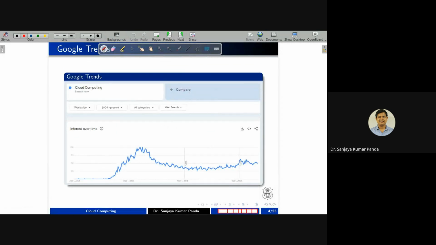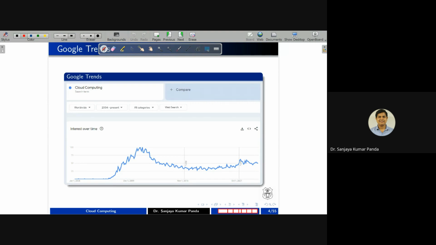Now coming to another interesting fact, Google Trends. Whenever a new technology is coming to the market and we are not aware of it, we go to Google and search for that particular technology. Not only that, when you assign a particular work to a student, the student usually searches about that technology in Google. So to know the popularity of a particular keyword, you can simply type Google Trends and click the link.